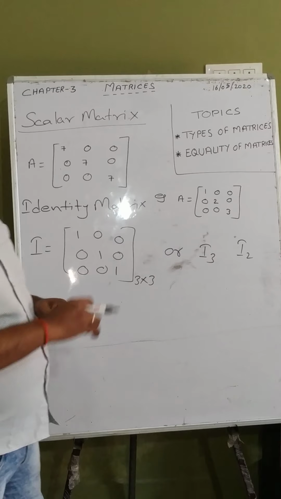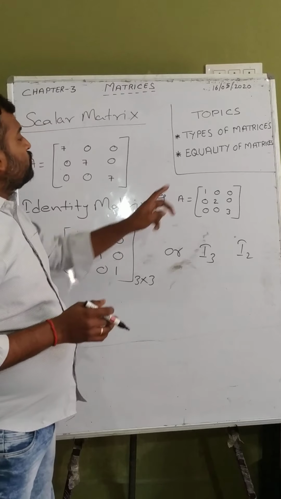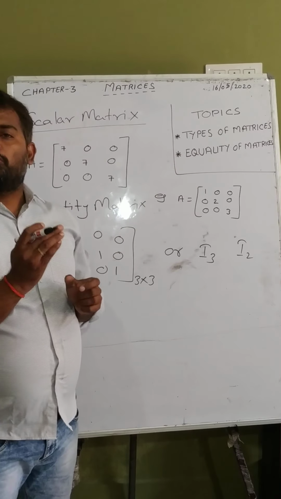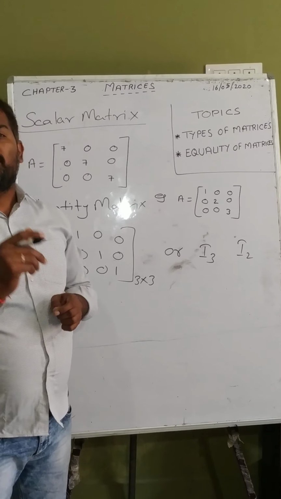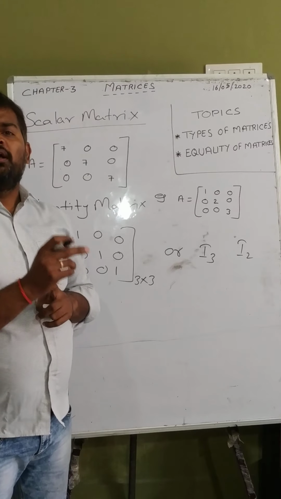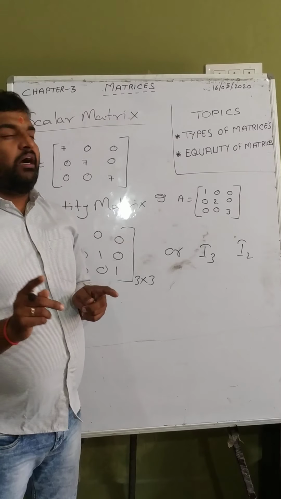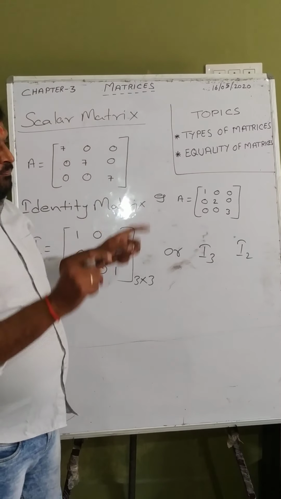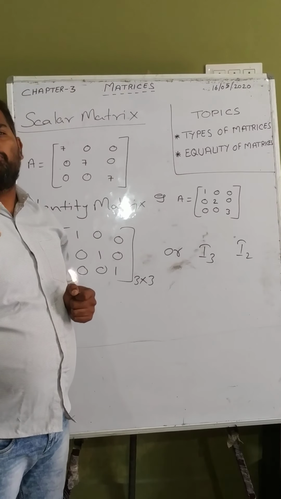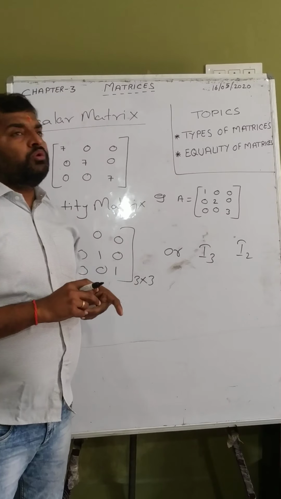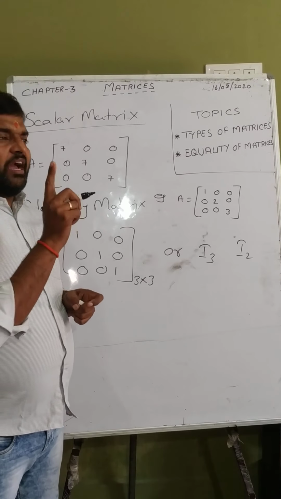Clear? I am repeating each and every point which we have discussed today, and earlier also, types of matrices. What was the row matrix? A matrix having only one row is said to be a row matrix. A matrix having only one column is said to be a column matrix. A matrix in which the number of rows and the number of columns are the same is said to be a square matrix. Now, after square matrix, diagonal elements, this is a very important point, I have written in the note. Those elements of a matrix for which i is equal to j are said to be the diagonal elements.